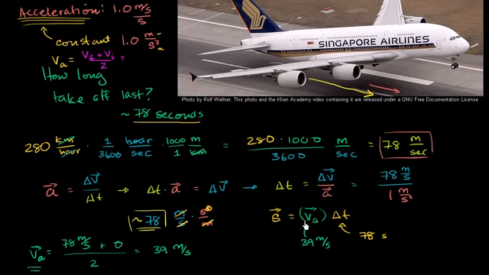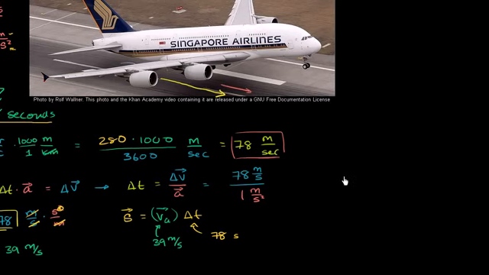Another way to think about the distance traveled: this plane is constantly accelerating. So let me draw a little graph here. This plane's velocity time graph would look something like this. If this is time and this is velocity, this plane has a constant acceleration starting with 0 velocity. This slope right here is its constant acceleration. It should actually be a slope of 1, given the numbers in this example.